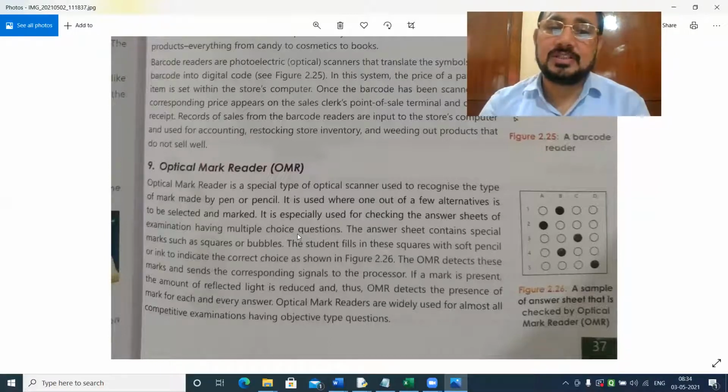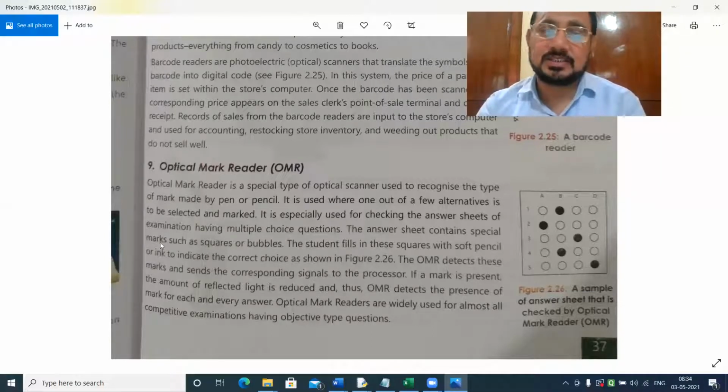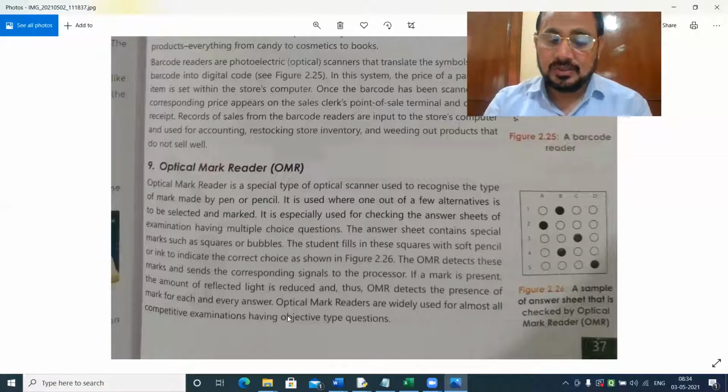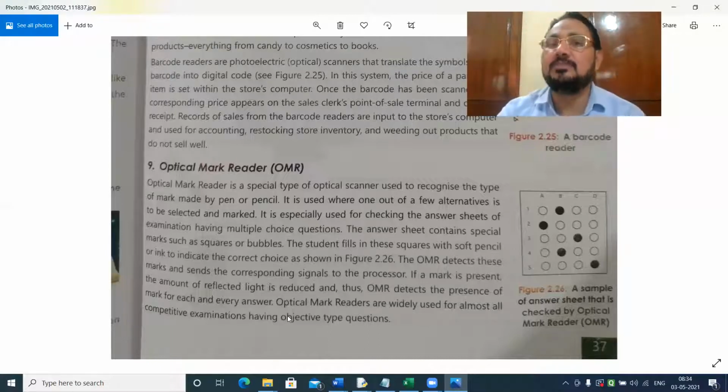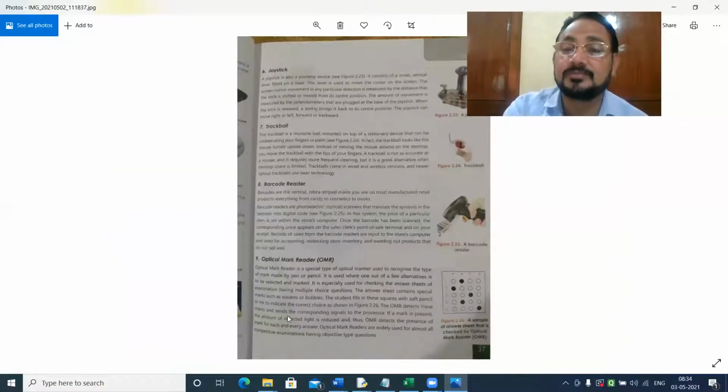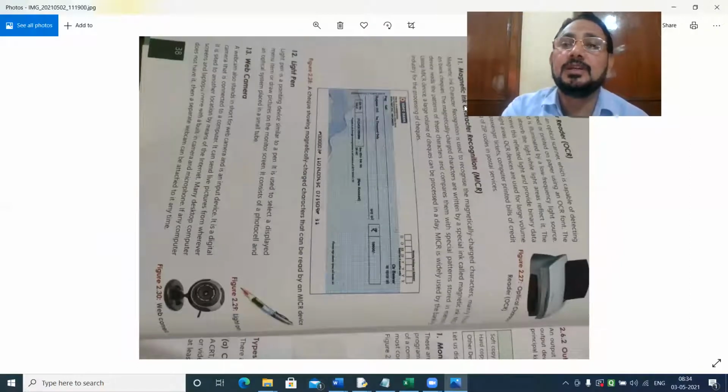You can go through all this. It is especially used for checking the answer sheets. It's all I have explained to you. No need of going much into the technical part, just general definitions. The next point here is